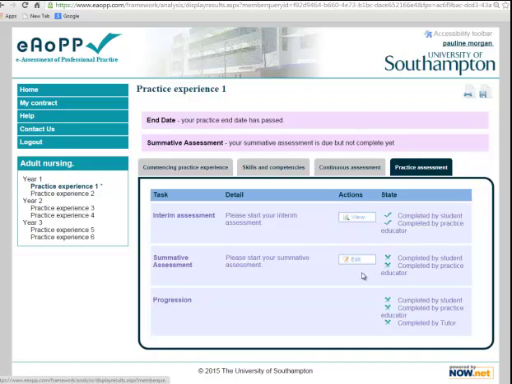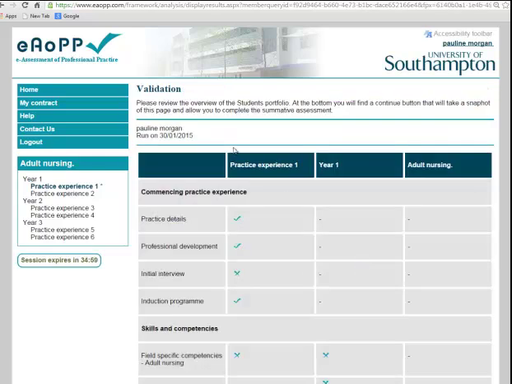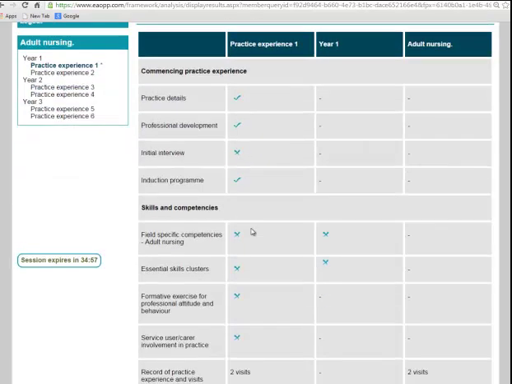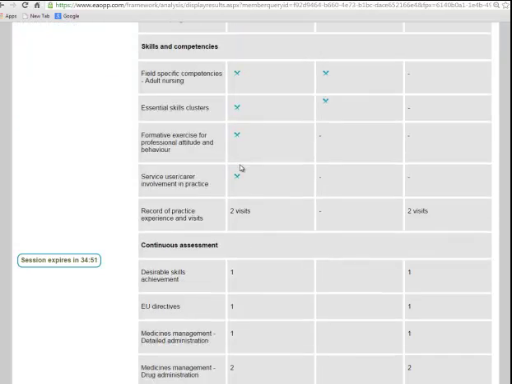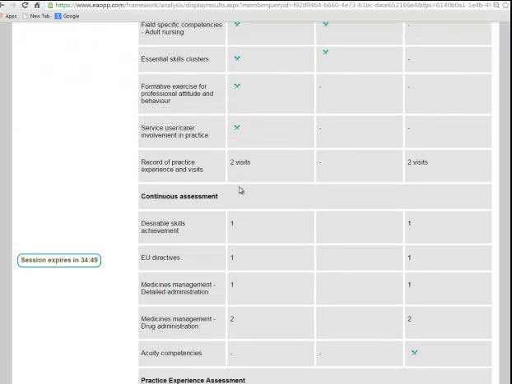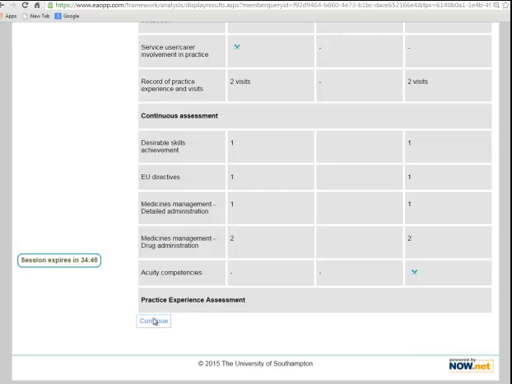At the end of the placement, you'll need to do your summative assessment, and it's exactly the same process as you went through before. You'll have to hit the edit button, and it will show you a view here of what you've actually done. It hasn't been completed, so it shows you that it hasn't been completely signed off. There are field specific things which we haven't signed off because this is just a demo. So if you continued, then